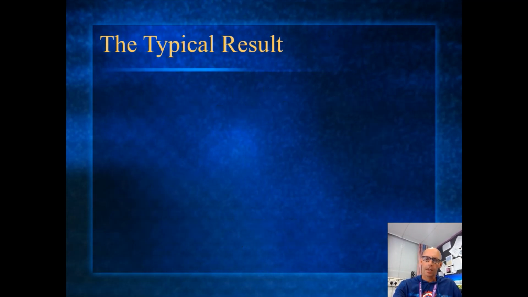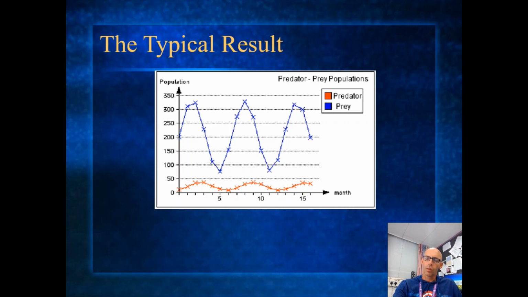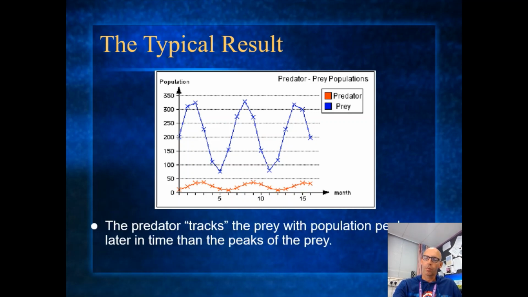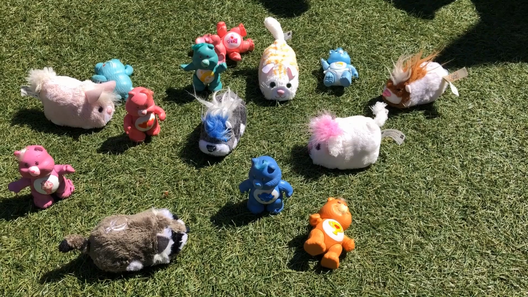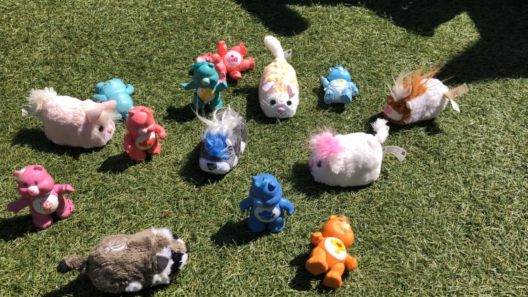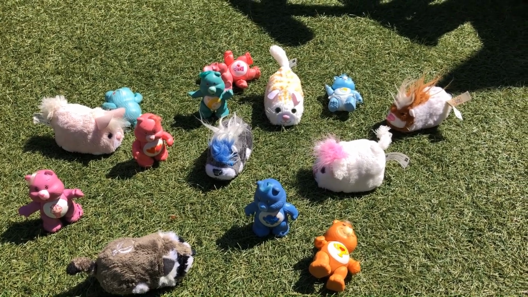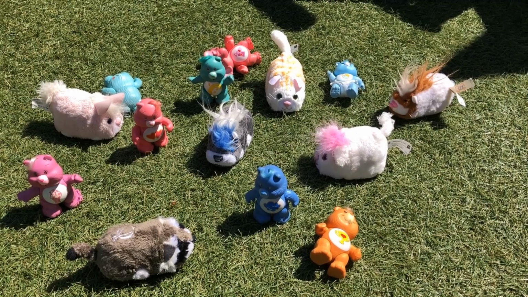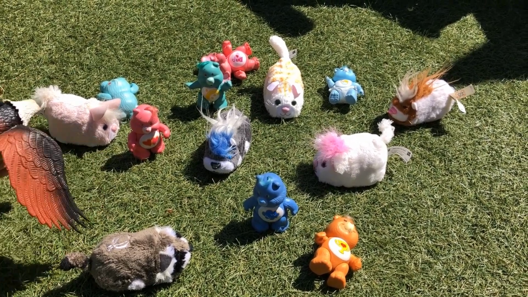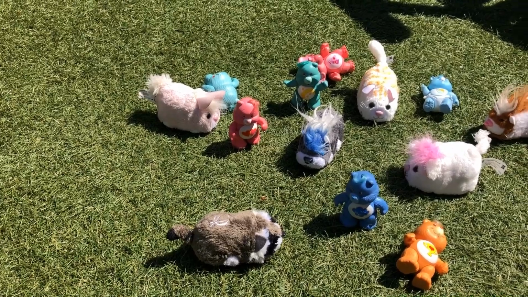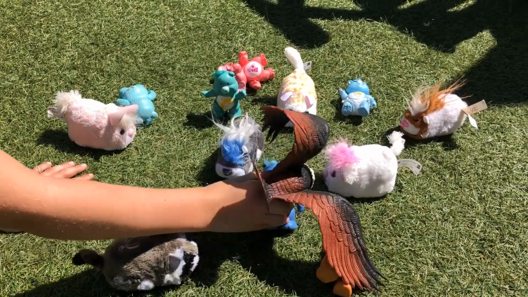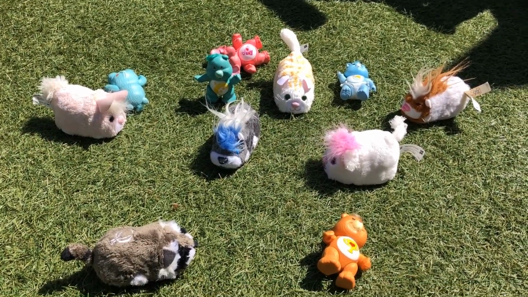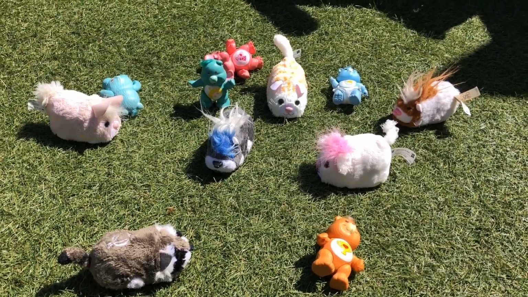Okay, welcome back. So, your graph could look something like this, or the ones I've shown similar before. It's not just predator and prey. There are other factors that can affect the size of a population. One of them would be, for example, the introduction of a new predator. So in this case, the giant eagle now eating Care Bears means there aren't as many Care Bears for the Zuzu pets, so therefore their number would be affected.